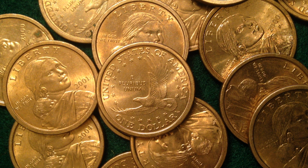Unfortunately, they are certainly not as popular now. If you look at the mintages and compare 2000: at the Denver Mint, there were 518 million, and at the Philadelphia Mint, there were 767 million. Look at those numbers, and then I'm going to scroll down and tell you what the last year the